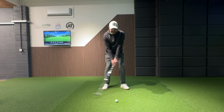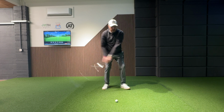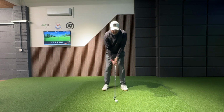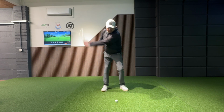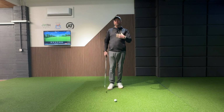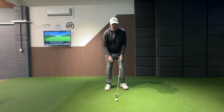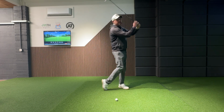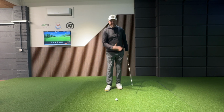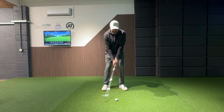But what we want to do with that exercise is get the feel as to how we're making that transition from backswing to downswing. And then can we step into the golf ball, put that swing on it, start to see a pick up in speed again, strike solid, pretty good accuracy and decent distance. And it is funny because when golfers talk about the best players in the world, they say how it doesn't really look like they're hitting at the golf ball, looks like they're creating that effortless speed. That's because all the best players in the world do this sequence in the correct order. And when you can get that right and feel confident of standing up,